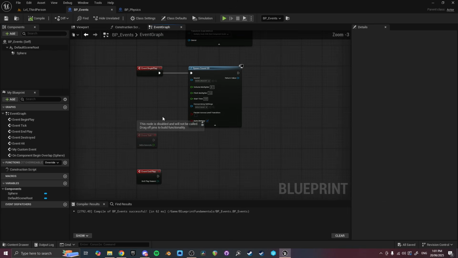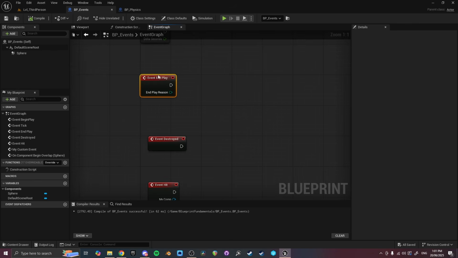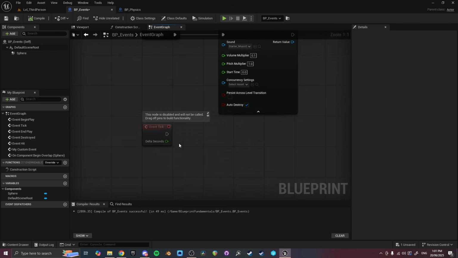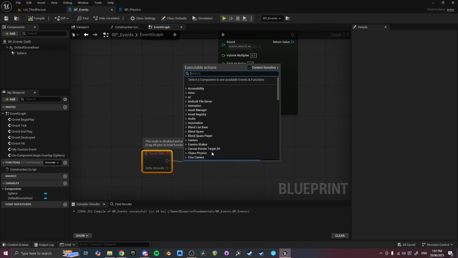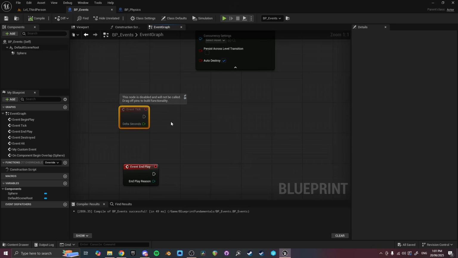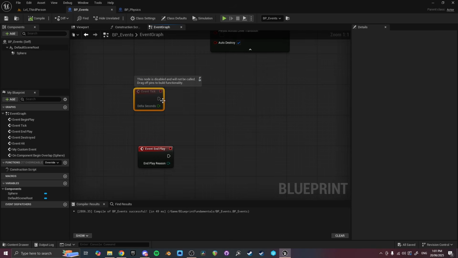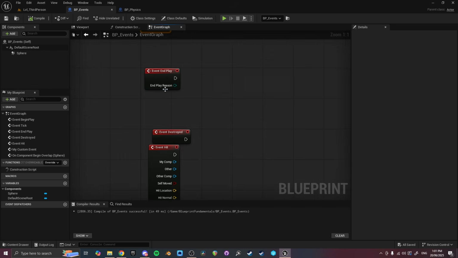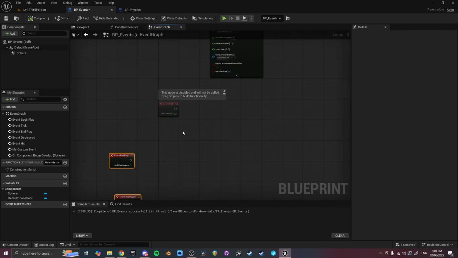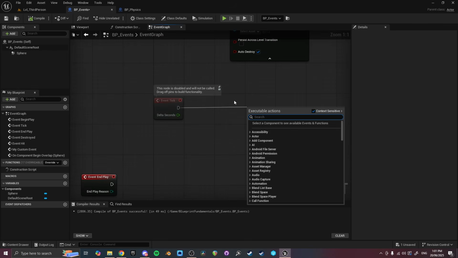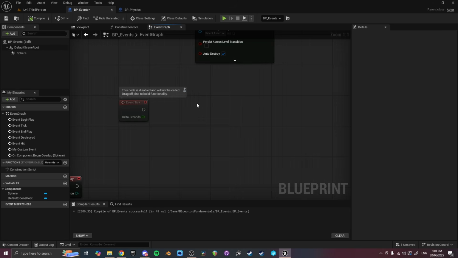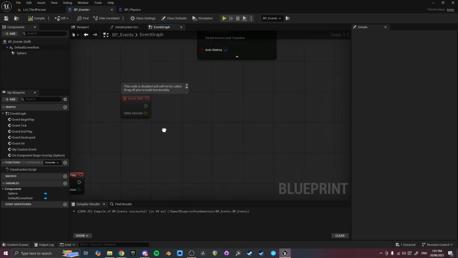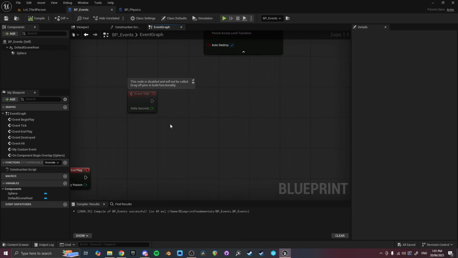So begin play, self-explanatory. Event tick. Let's have a look at event tick. A good example of this is firing every single frame. Let's just do a really quick and dirty example. Using our logic that we did before, we've got an event firing. What we're going to do is print the location of the character every single frame of the game. Just for curiosity's sake, like say you wanted to get the coordinates of your character in a Minecraft world or something,